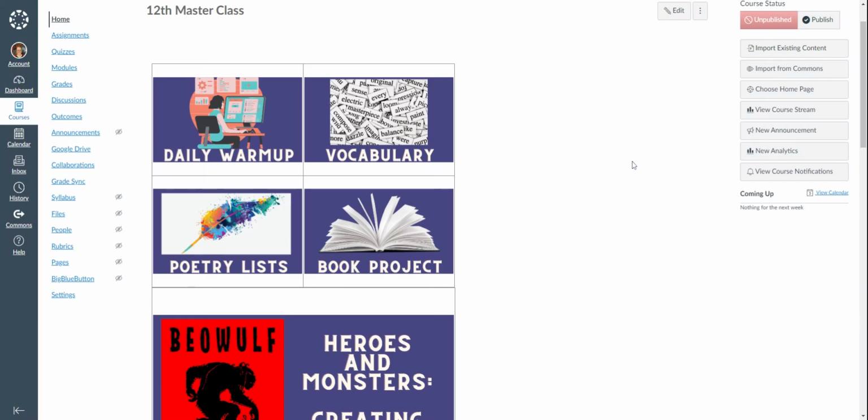Hi guys, let's talk about course navigation. So this is my sandbox course that I use for my English 4 students. For now, let's talk about this stuff on the left-hand side. So this is your course navigation, the stuff that you can see and the stuff that the kids can see